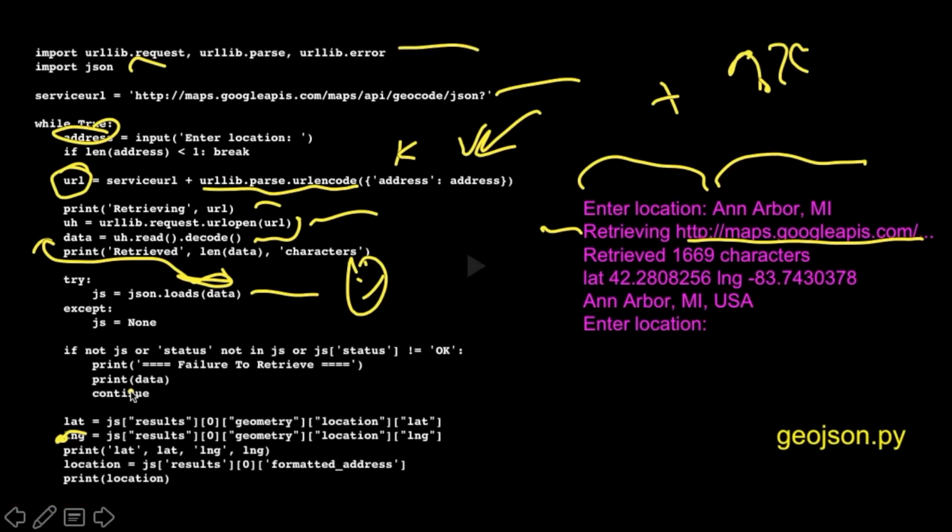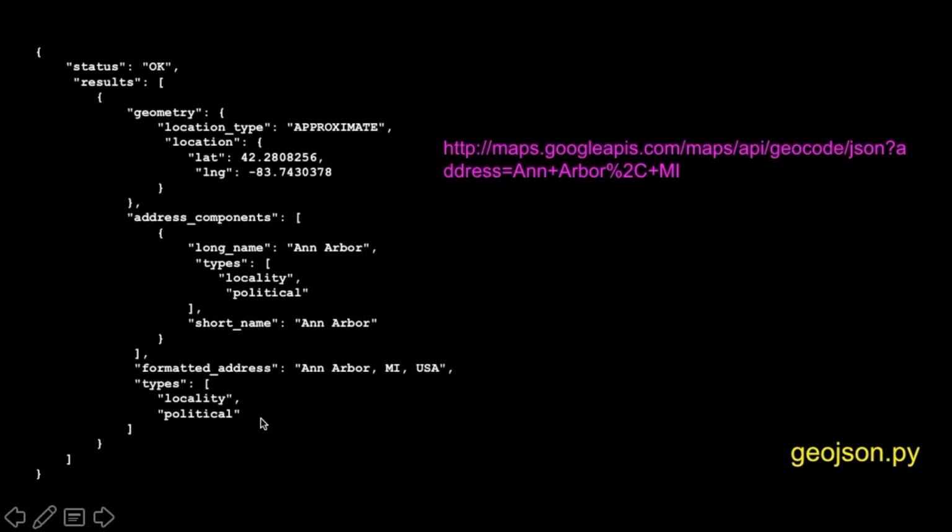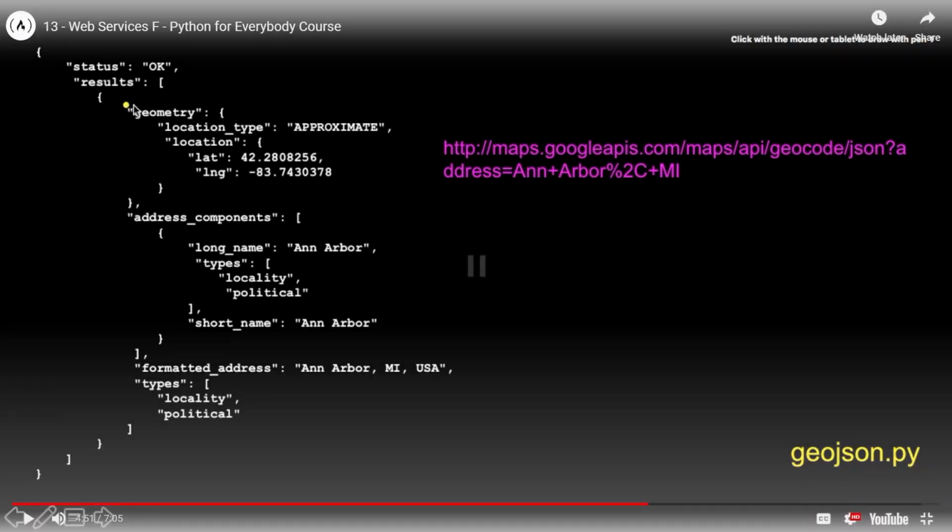So let's keep going. The results, subscript zero, geometry. Let's show you how that works. Results is the first key, so this is a dictionary with a key of results. And look, we see the status OK right here. That's what's given to us when we do this call, right? No, this is the JSON.